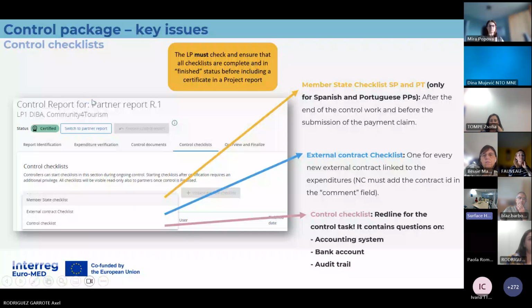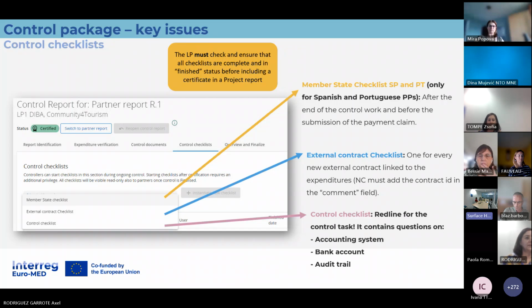It has questions for the whole report package. Then the external contract checklist refers to the external contract, and the member state checklist is only used by the Spanish and Portuguese controllers, which are the controllers of the national authority.